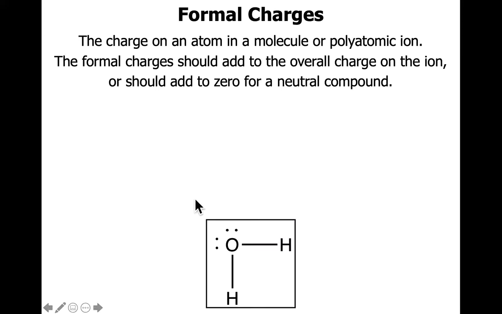All right, we're working toward talking about non-equivalent resonance structures, but first we need to recall how to do formal charges. The formal charge is the charge on an atom in a molecule or polyatomic ion. It's the charge in the Lewis structure. Formal charges should add to the overall charge for an ion, or add to zero for a neutral compound